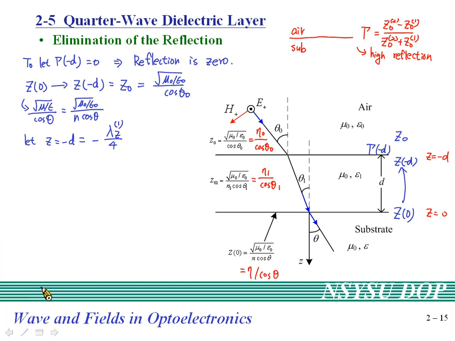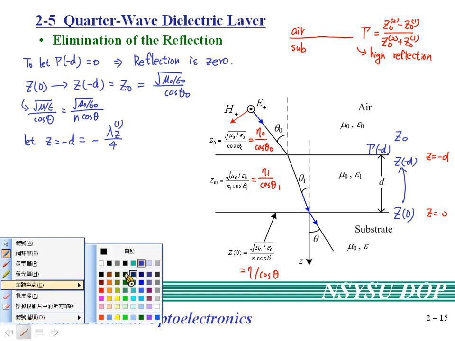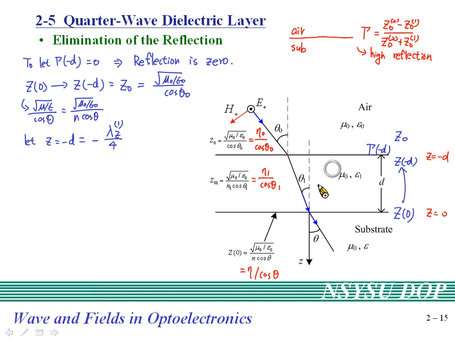Please keep in mind that the quarter wavelength means the wavelength in the dielectric layer here over 4. The lambda here means the wavelength in this material, not the wavelength in air or in a substrate. This is very important. If we let the thickness of the dielectric layer be this one, then we will know that we can